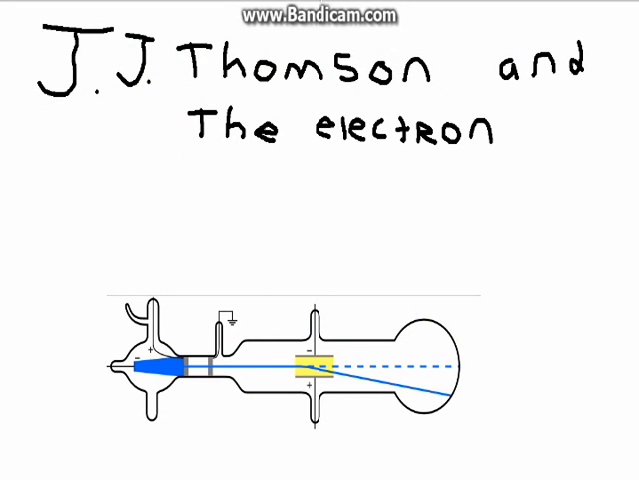J.J. Thomson, an English physicist, began a series of cathode ray tube experiments in the late 1890s to determine the ratio of its charge to its mass. By carefully measuring the effect of both magnetic and electric fields on a cathode ray, Thomson was able to determine the charge-to-mass ratio of the charged particle. Now,